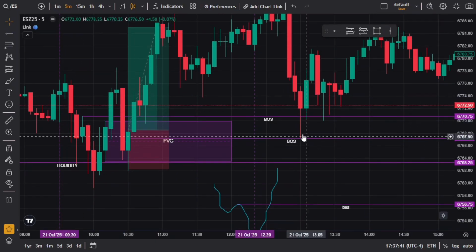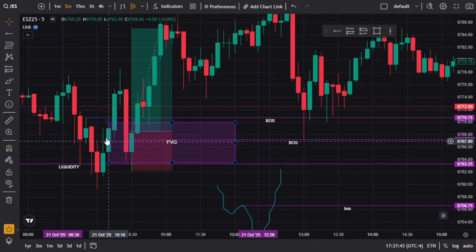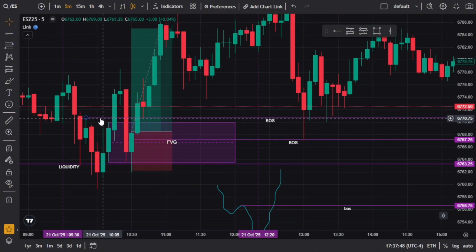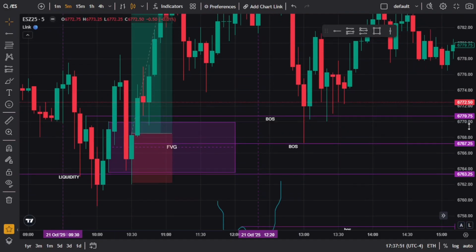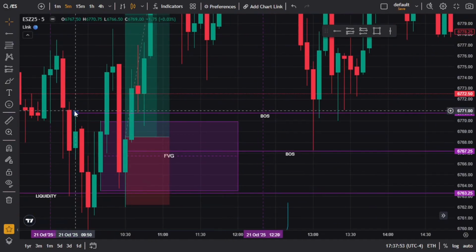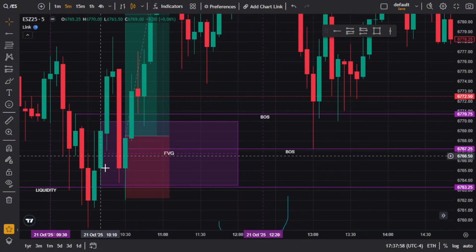So let's say, for example, we start to move up in the opposite direction. This candle right here doesn't count as a breaker structure, because there's no candle closing above this area that we marked out. Does that make sense? So if we marked this out, and none of this happened yet, and we start to move up in the opposite direction, this does not count as a breaker structure. We wait for the candle to close.